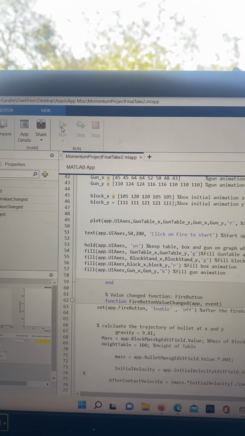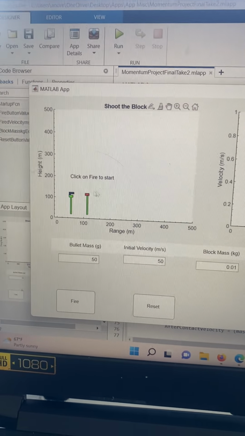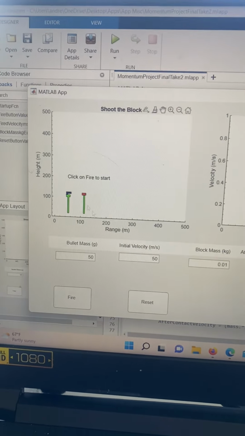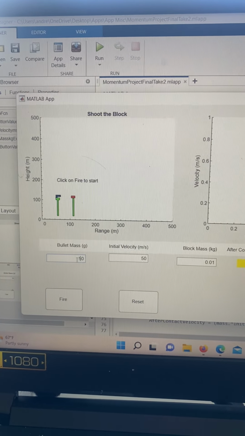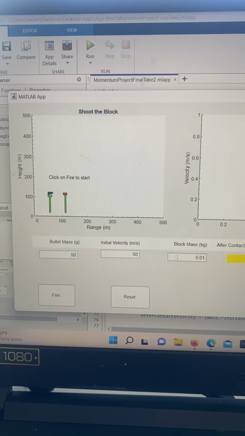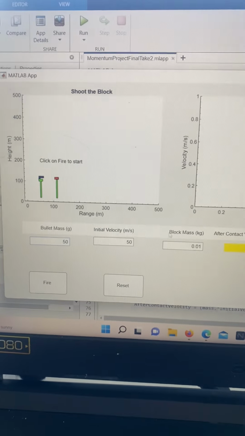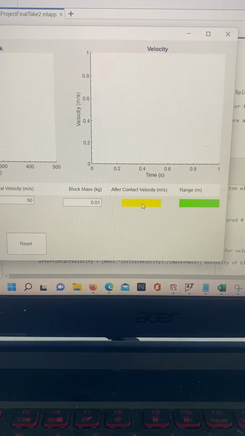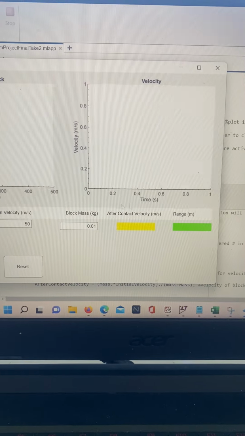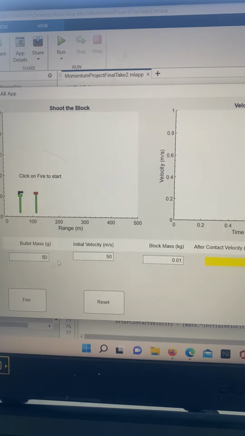So if I run the program, hit run, it opens my app that was written. So here we have the gun, here we have the block, and here I can adjust different values: the mass of the bullet, the velocity, the initial velocity, and also the block's mass. And this will give us the after contact velocity, V final, and how far it traveled. So I'm not going to fire it yet, but I'm going to go